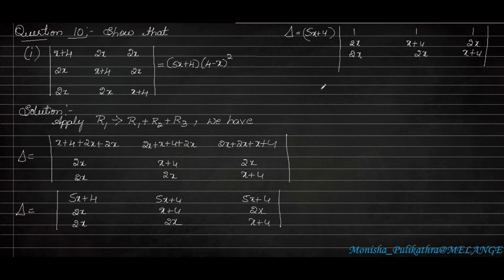So next I will apply one more rule to it, that is apply C2, that is column 2 to column 2 minus column 1. This is the first rule, and C3 to C3 minus C1. Okay, column 2 is this one, this is C2, and this is C3, and this is C1. Okay, so column 2 to column 2 minus column 1, and column 3 to column 3 minus column 1. So these are the changes I will be making here.